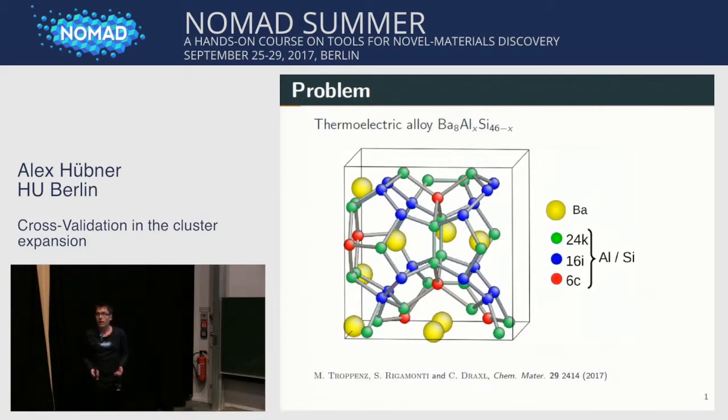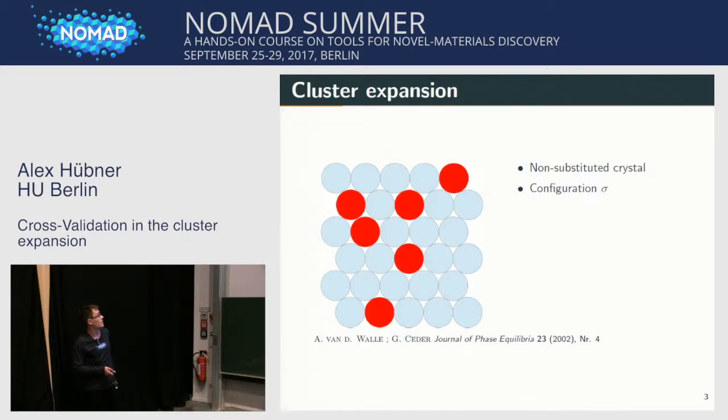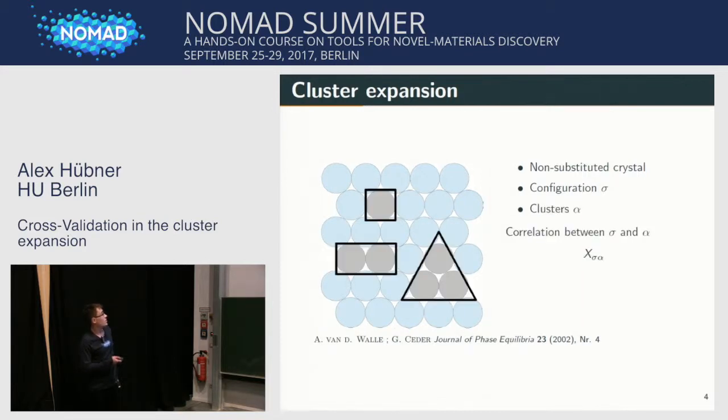To quickly calculate the energy of formation, we resort to model building, and our model building technique is a cluster expansion method. In a cluster expansion, we start with a non-substituted crystal, substituting a number of atoms leading to a configuration for which we calculate the energy by first principles. Then we introduce clusters, which are subsets of lattice sites, and define correlations between the configurations and the clusters contained